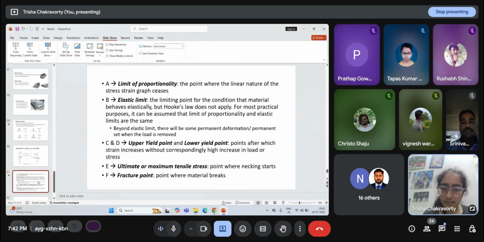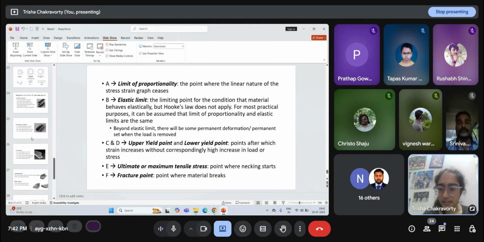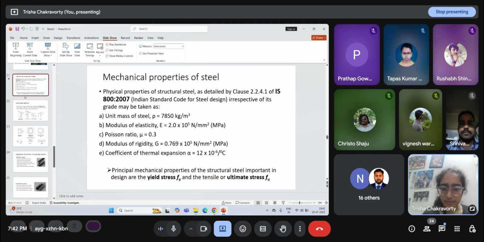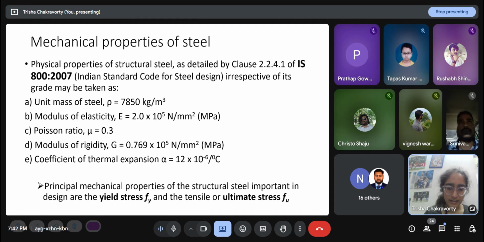So this is the stress strain behavior of concrete versus steel. And Fy and Fu, you're going to encounter these everywhere. Fy is generally around 250 MPa, and ultimate stress is around 410 MPa probably. These two values we'll directly need in design. These five points A, B, C, D, E, we generally don't need directly in design, though you should know them. These are very important.